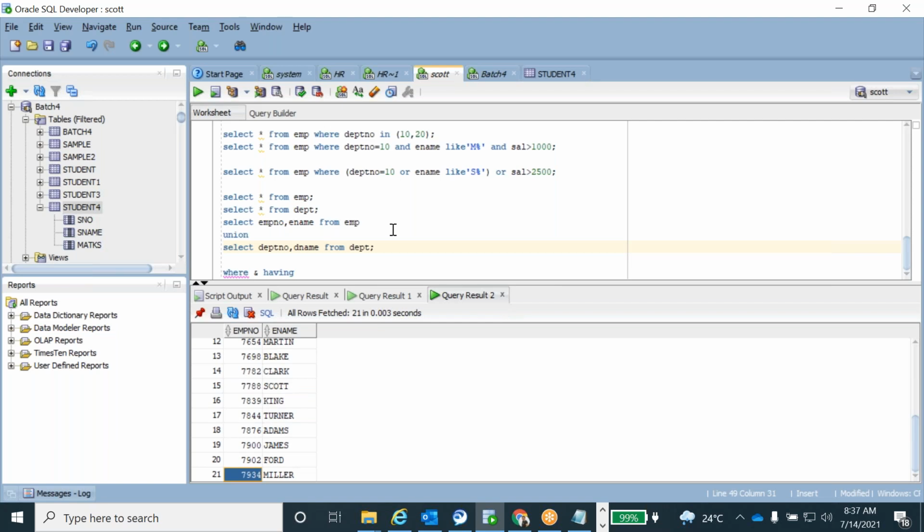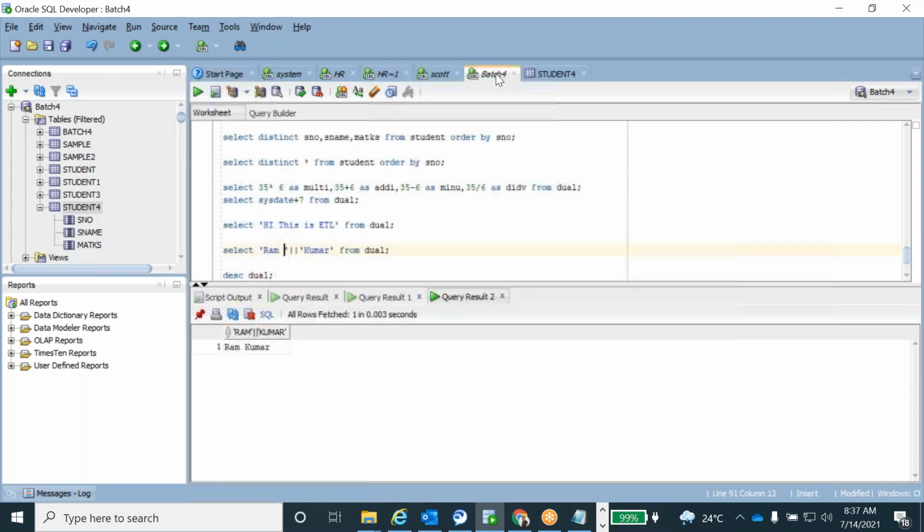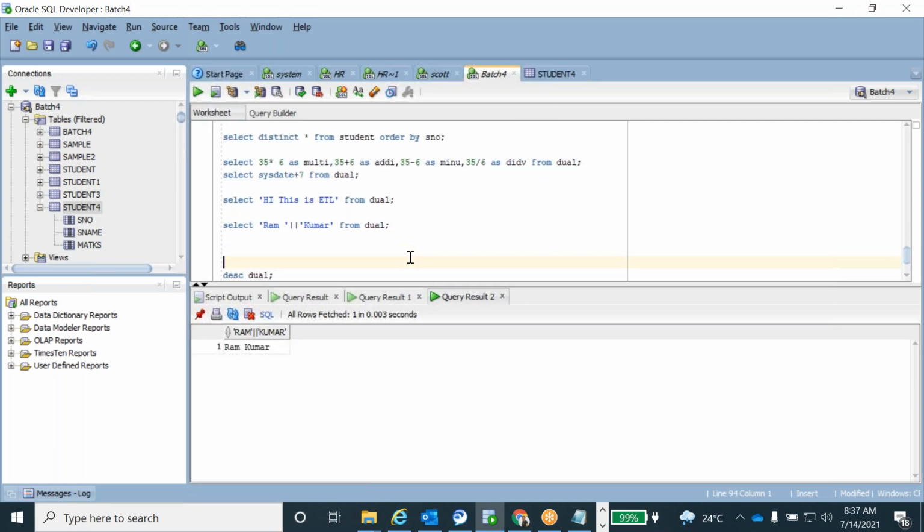If you want, we'll create some tables in our batch. We'll create some tables. Create table.